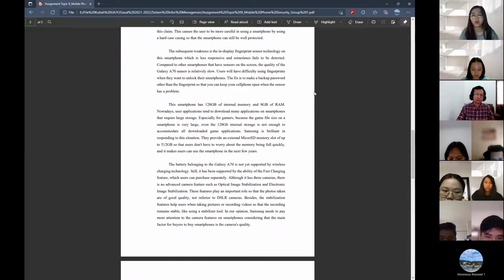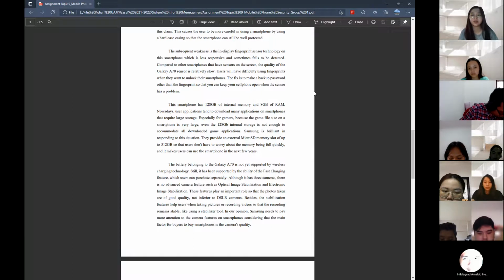The smartphone has 128 GB of internal memory and 8 GB of RAM. Nowadays, users tend to download many applications on smartphones that require large storage, especially gamers, because the game file size on a smartphone is very large. Even the 128 GB internal storage is not enough to accommodate all downloaded game applications.